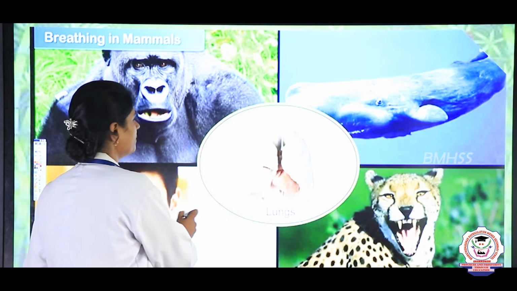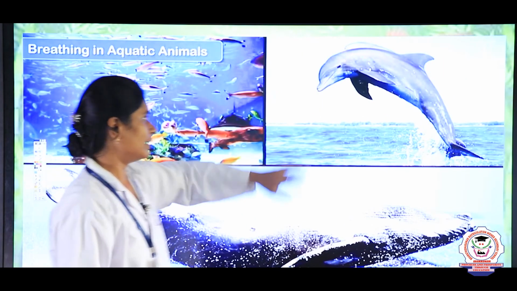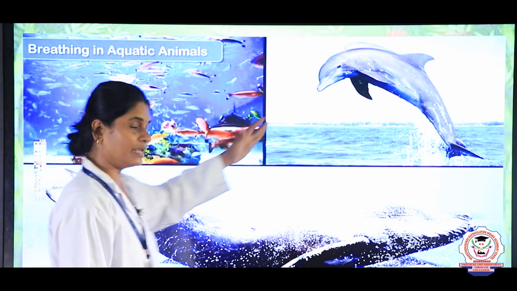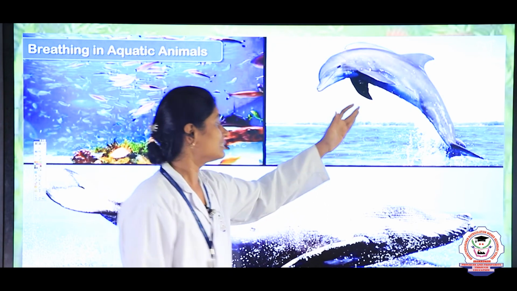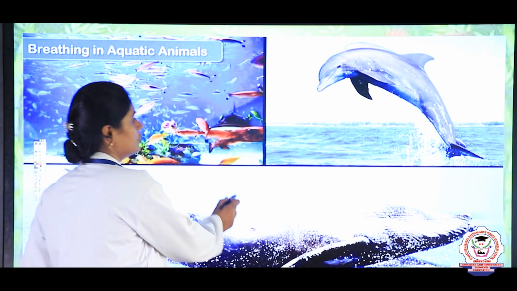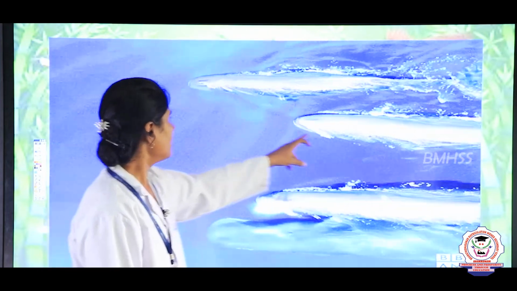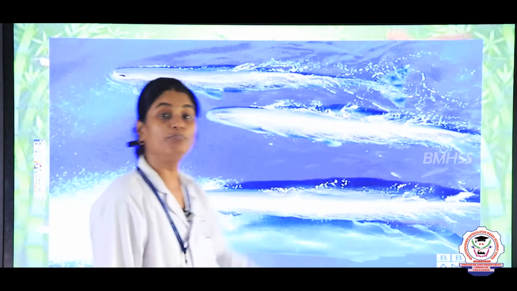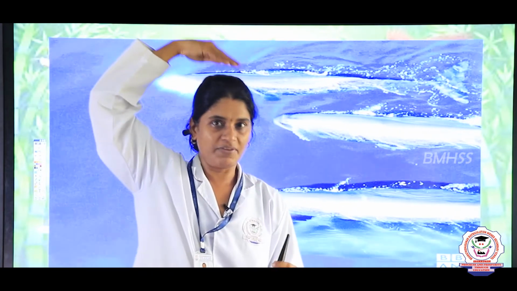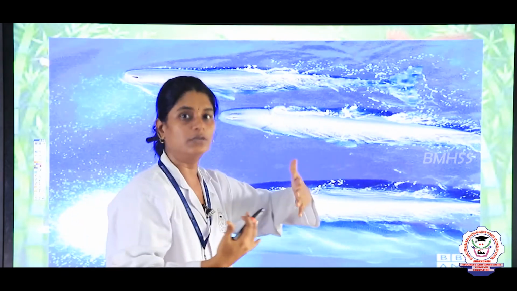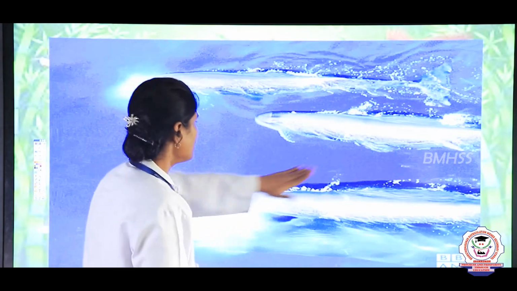Now let's see the aquatic animals. As I said, they breathe with the help of gills. And some animals, for example whale, you can see here a whale, right? Whales breathe with the help of blowholes. Blowholes are nothing but a hole on the top of the whale, right? When a whale wants to breathe, to take in the oxygen, it will come to the surface